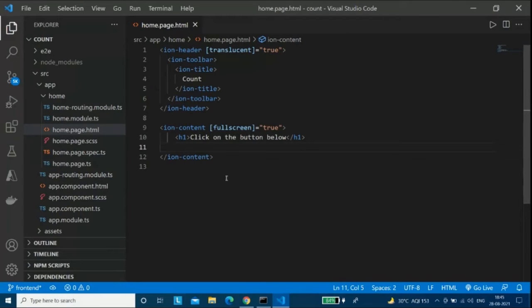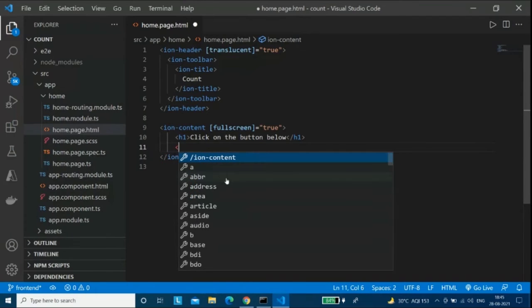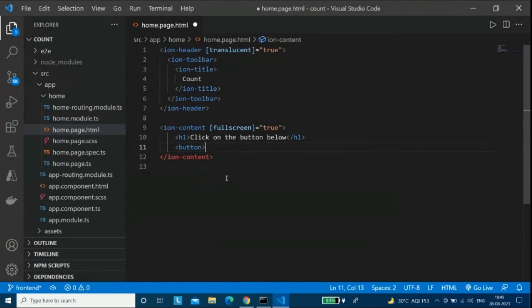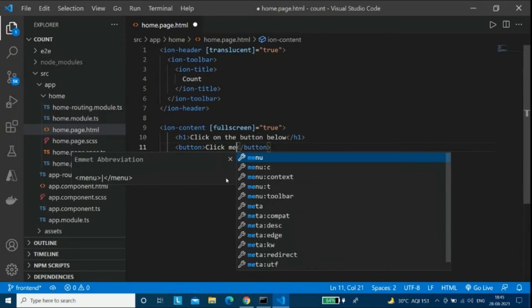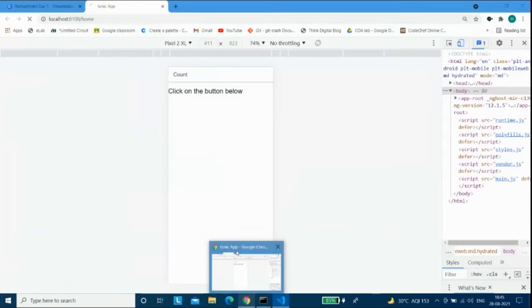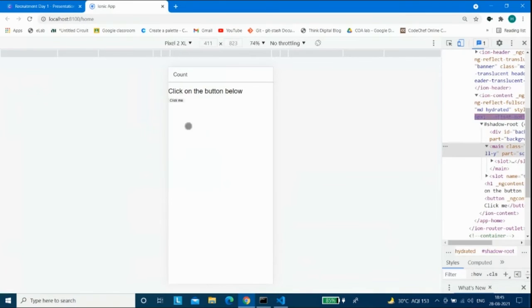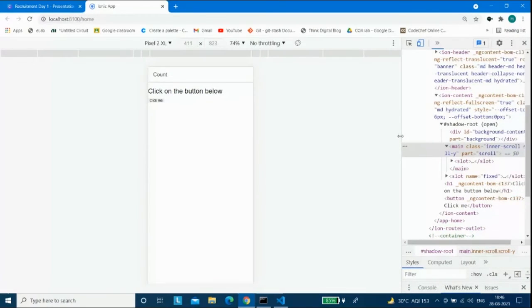So rather than making a simple HTML button, what I'm going to do is make use of Ionic button. I'll just show you how a simple button looks, so that it will be clear why I'm going with this button. What I want is that the button should say "click me", because we want the user to click it. So I'll save it, and as you can see, this is the button. It might not be clear to many of you because it's very small and it's just a simple gray color background and nothing much in this. We don't want this to look like this.